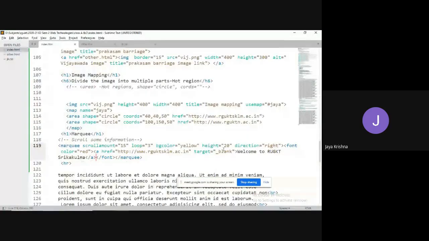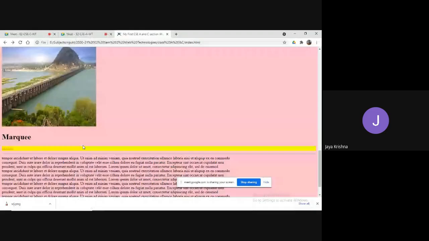So instead of that, if I would like to stop it whenever I place a cursor on it, I will have a JavaScript attribute, that is the onmouseover attribute. So on this, I can write like this dot stop. I will place the cursor, it is going to stop.